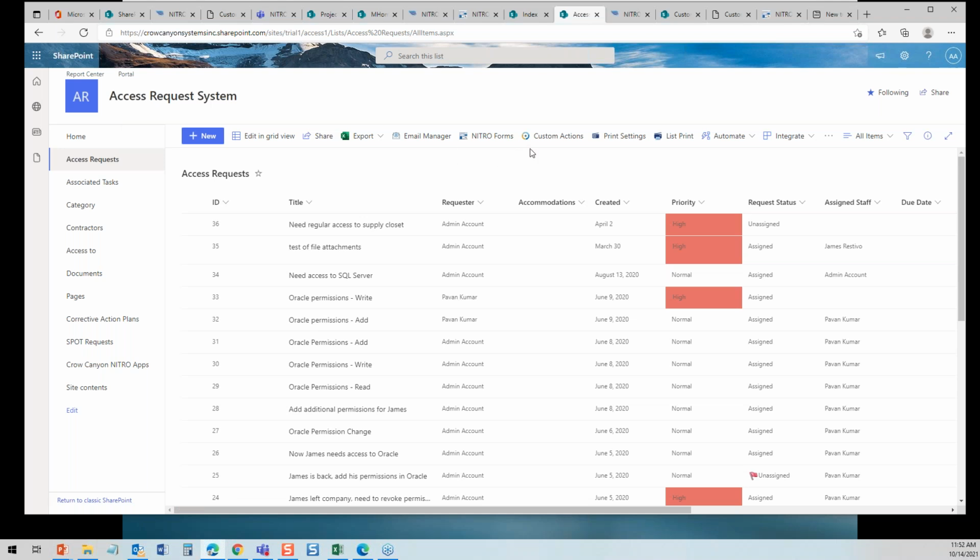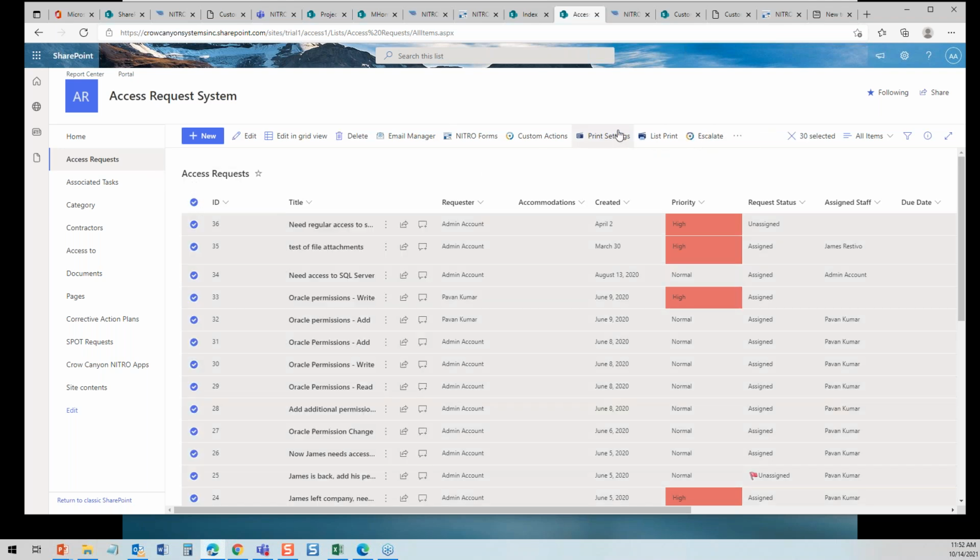Another one that people like to see is the email manager. That's where emails come in and are converted to tickets. There's also the ability to print. If I wanted to go here and print this item,